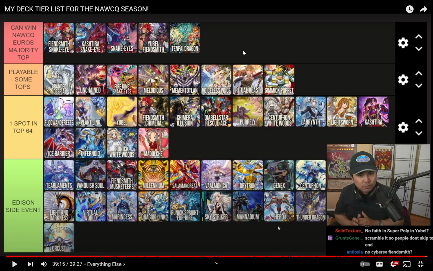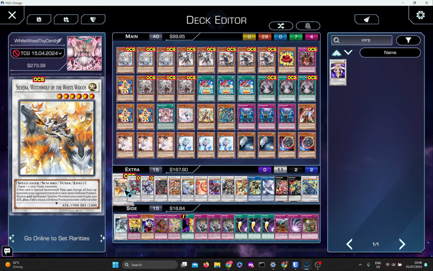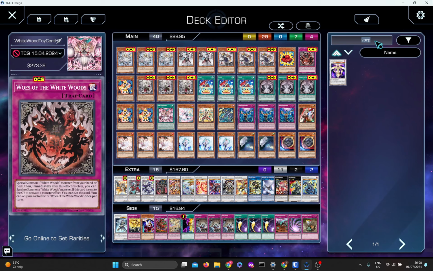Tenpai is kind of a weird matchup because if they don't have access to summoning, then it is extremely easy for the Whitewoods, just the basic Whitewoods cards, to interact with that engine. Like, just making Silvera multiple times stops them from link summoning or synchro summoning or whatever. So, that's fine. I did try playing